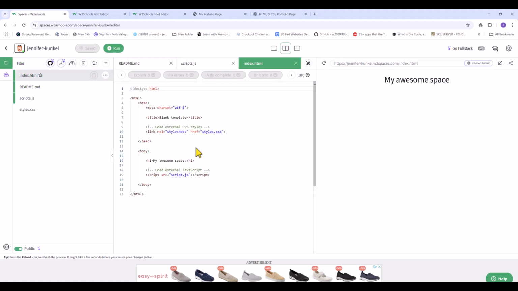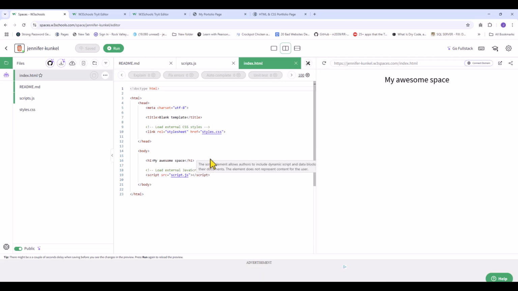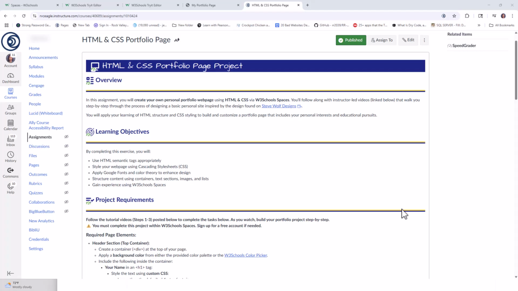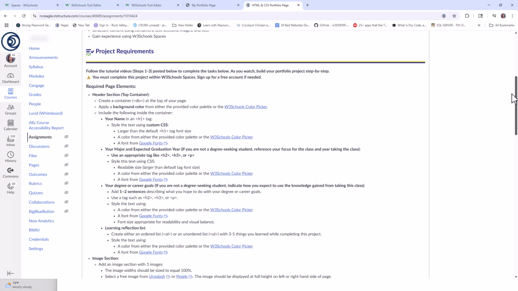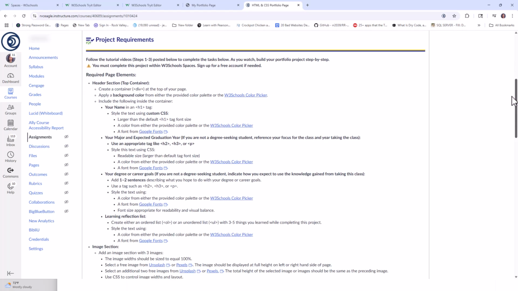In this video, we are primarily going to focus on this. We'll be looking at our styles.css in a follow-on video, but what we want to do now is take a look at some of the HTML and CSS portfolio page requirements, because we want to go through and include some of those and at least get them in our page. We'll work on styling them later, but we'll get them set up for the styling in a follow-on video.